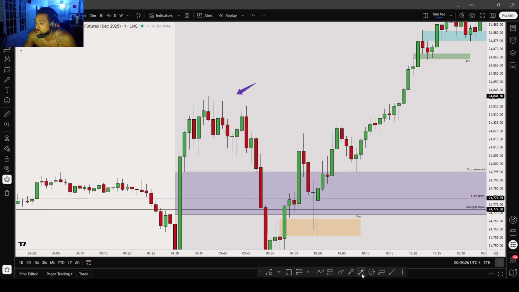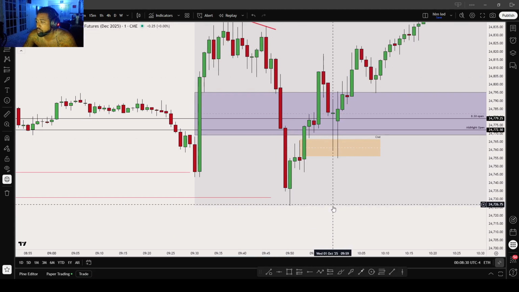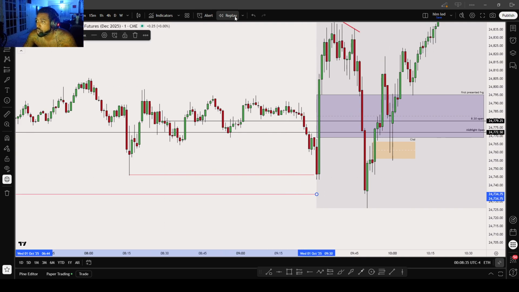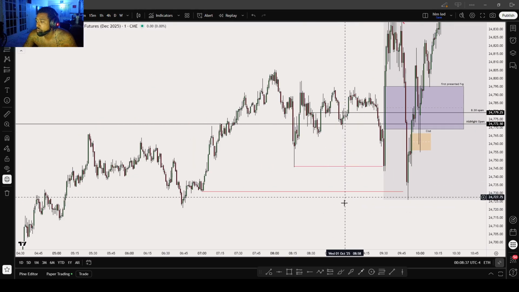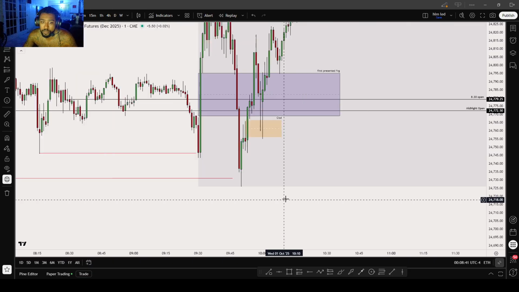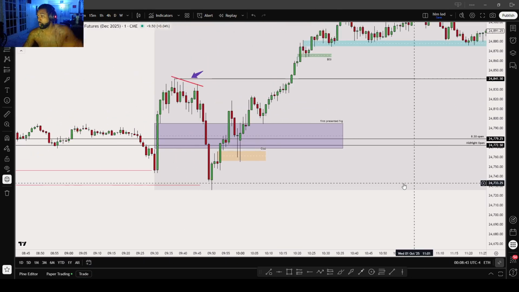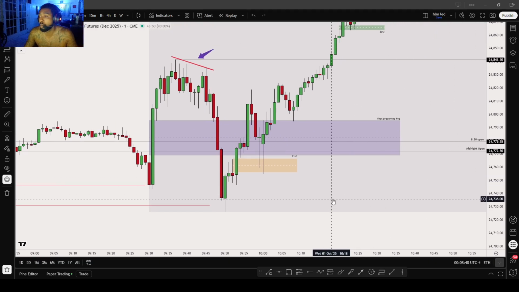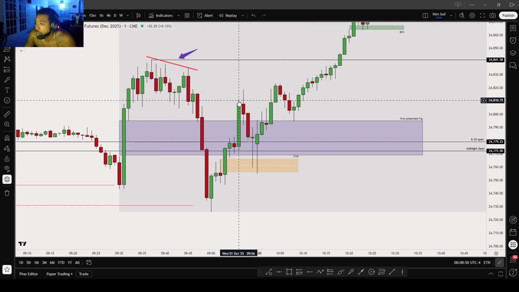We got this little trend line liquidity. That's how I knew we were going to come back. Anyways, we come back down, sweeping out this low right here. And now, once we get all of the sweeps that we're looking for, we got all the manipulation, now you're looking for proper bullish order flow. So we come up here.